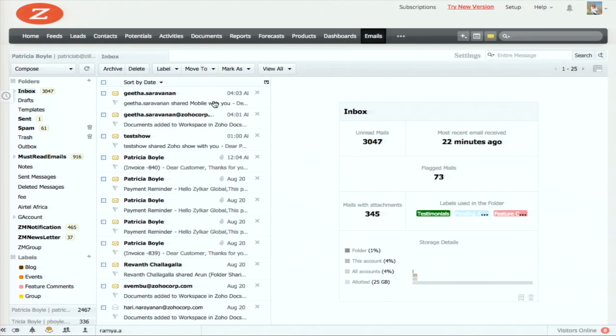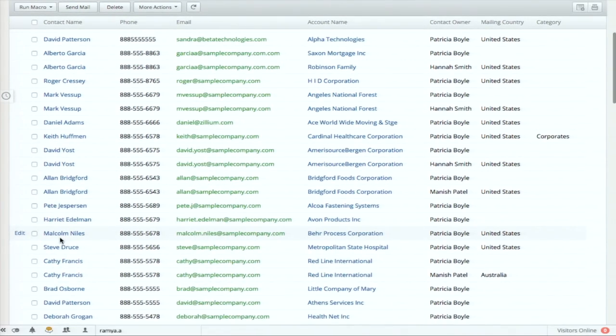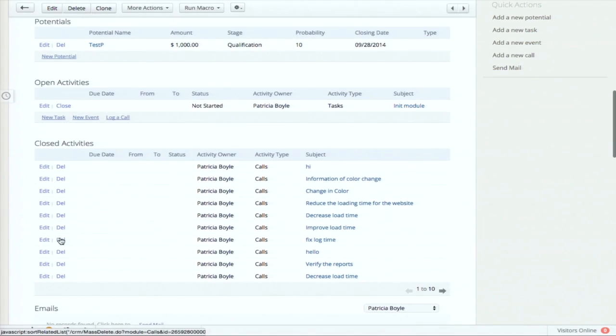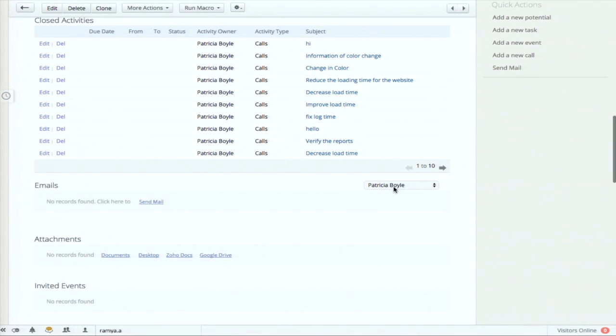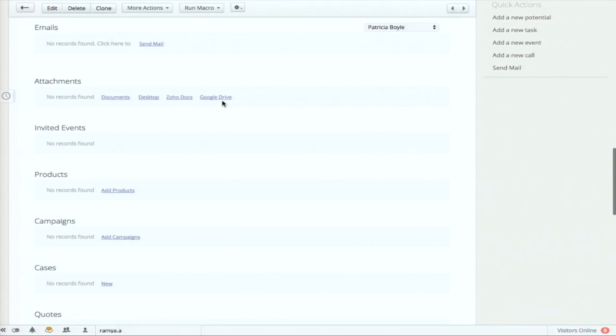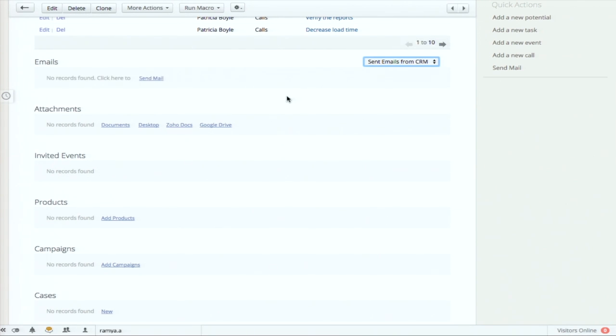The next thing we did was, with contacts and accounts, we contextually integrated a few things there as well. Let me pick an example here. We have an email section here that lists emails from this particular customer. So when you go to a contact information, it not only shows the contact information, it also lists all the emails that you have exchanged with this user, and not just the emails that you have sent, also the emails you have received. In this case, I haven't exchanged any information.